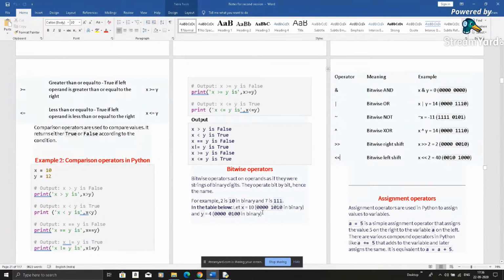Bitwise operators take the number, the integer you have provided, convert it into a binary number, and perform some operation on those binary numbers. Like a bitwise operation such as x and n equal to 0. It converts the input into binary and shows you the output. The AND, the OR, the XOR are logical gates, so you are familiar with that. For example,